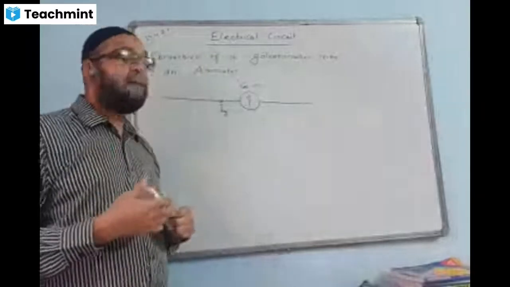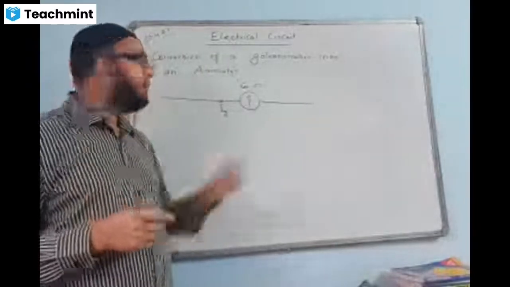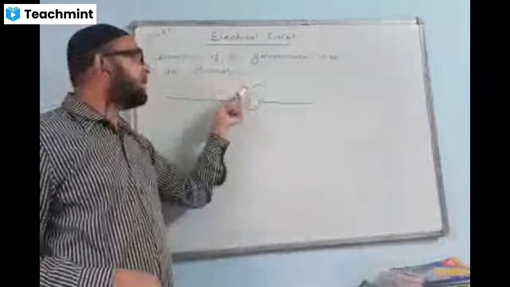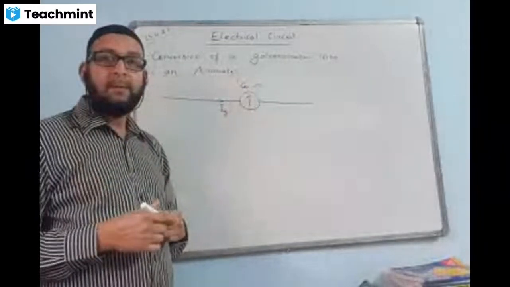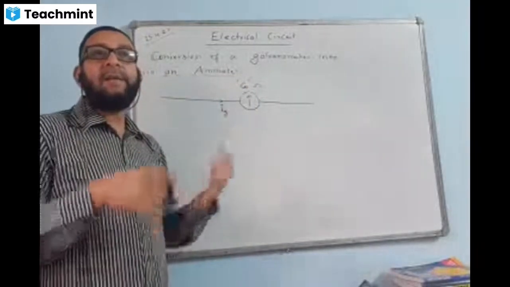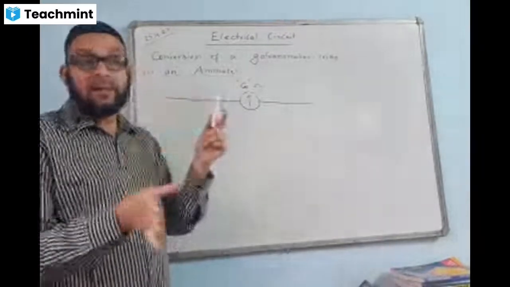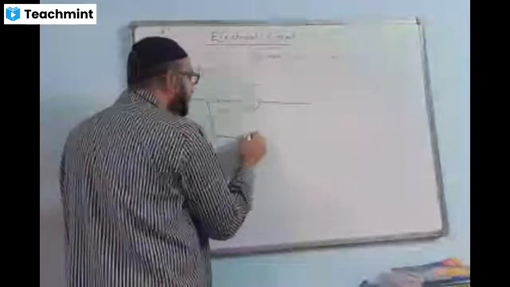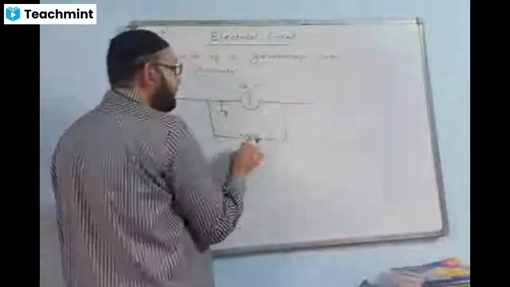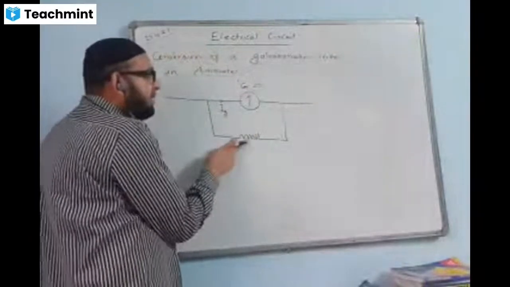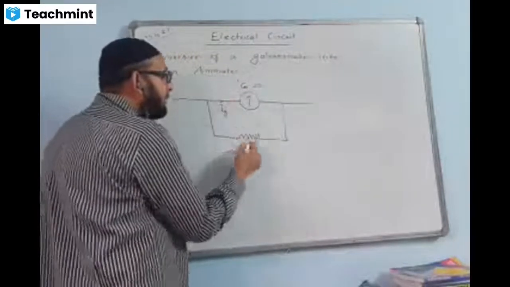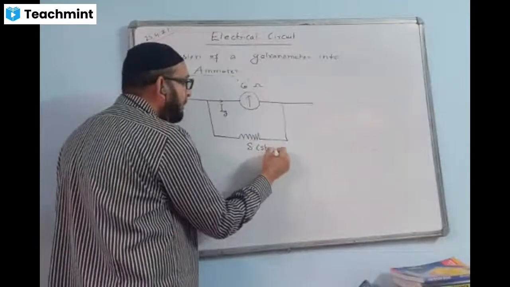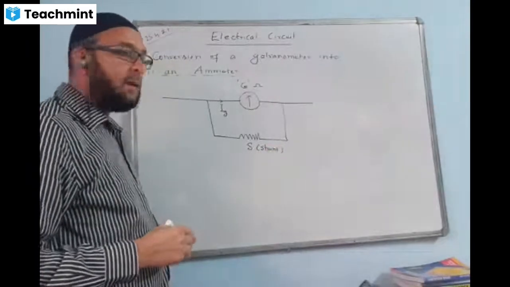We know an ammeter should have very low resistance. This value is low, but not very low. How can we further lower it? We know the method of decreasing resistance is connecting in parallel. We can lower the value of a given resistance by connecting another low resistance in parallel with it. That is, the diagram will come like this. We have to use another low resistance in parallel to the galvanometer. The low resistance which we connect in parallel to the galvanometer is called a shunt, and we denote it by the symbol S. S means shunt.